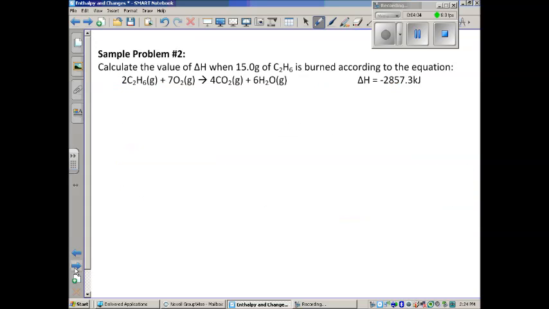Okay, so let's try another one. This one starts us off with 15 grams of C2H6. They give us the equation. So for every 2 moles, that reacts with 7 moles. It's going to make 4 moles of CO2 and 6 moles of H2O. And then notice it also gives off negative 2,857.3 kilojoules. So we're going to start with our given, which is 15.0 grams of